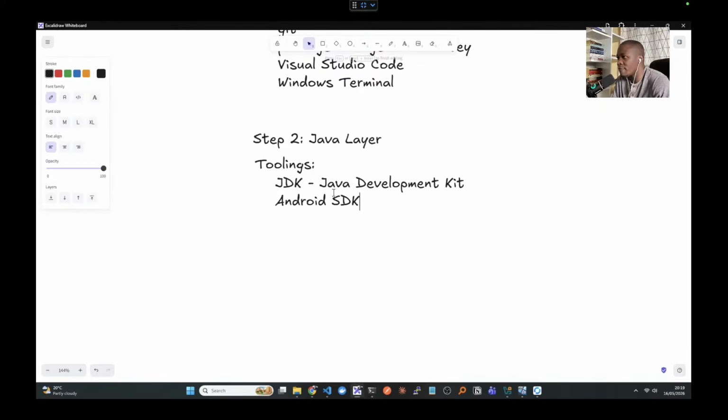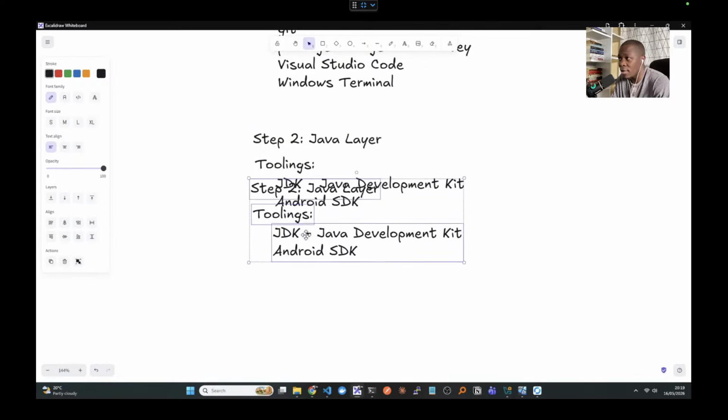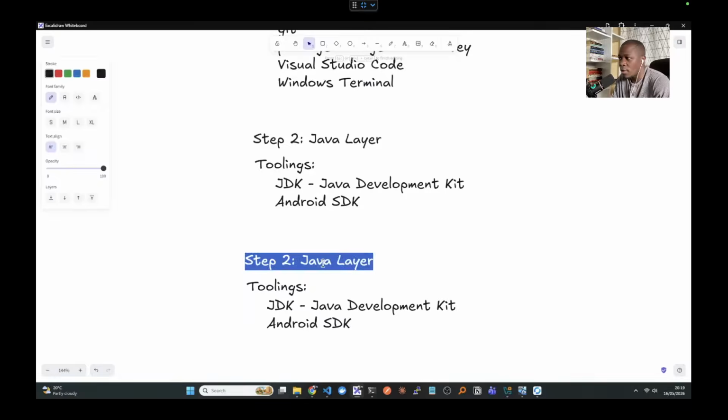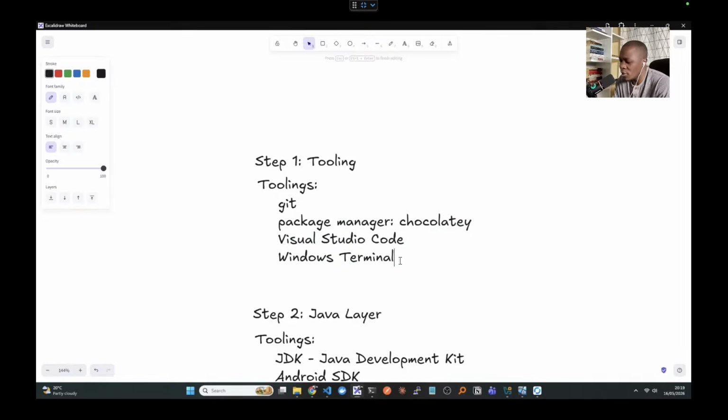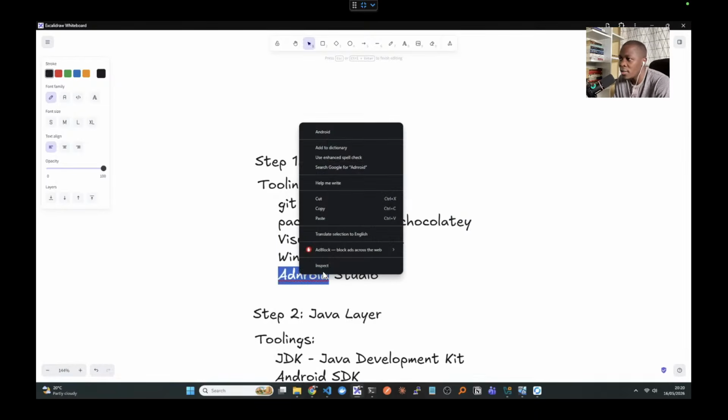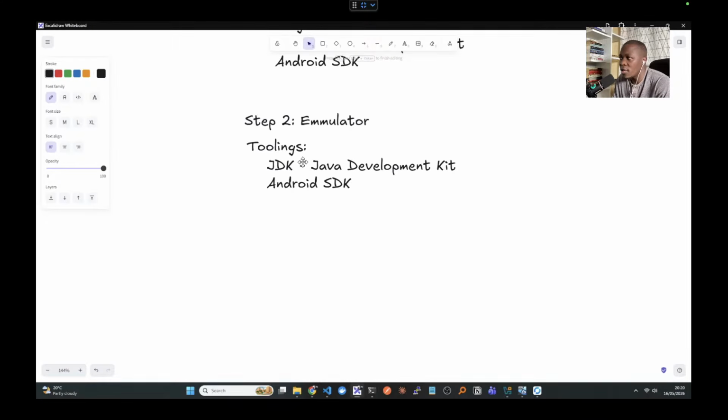Once we are done, we now move to the... how can I call this? Emulator. Let me just say the emulator. So at the emulator stage, we want to install Android Studio. Of course, let me see. Have I added Android Studio here? Android SDK. So let's just add it as part of the tooling at the top. Tooling, Android Studio. So the emulator,